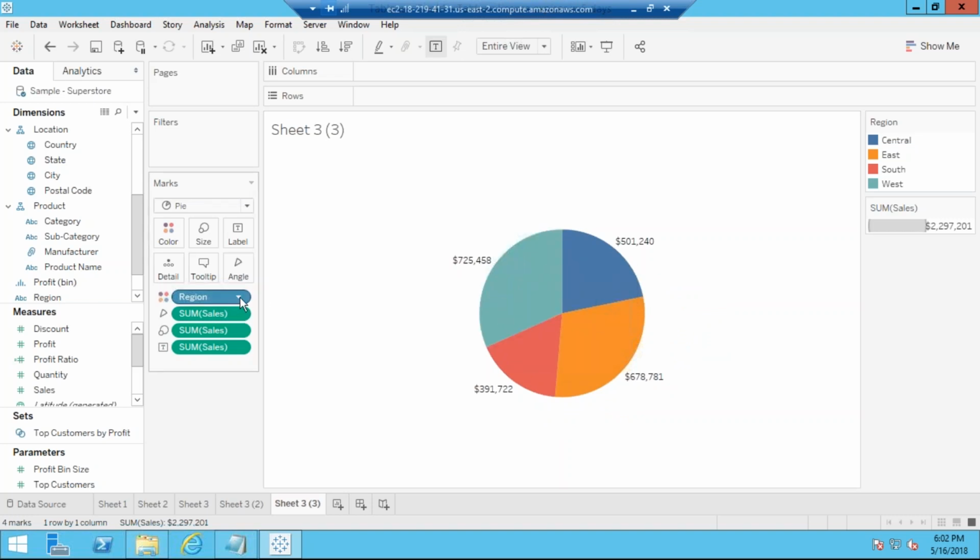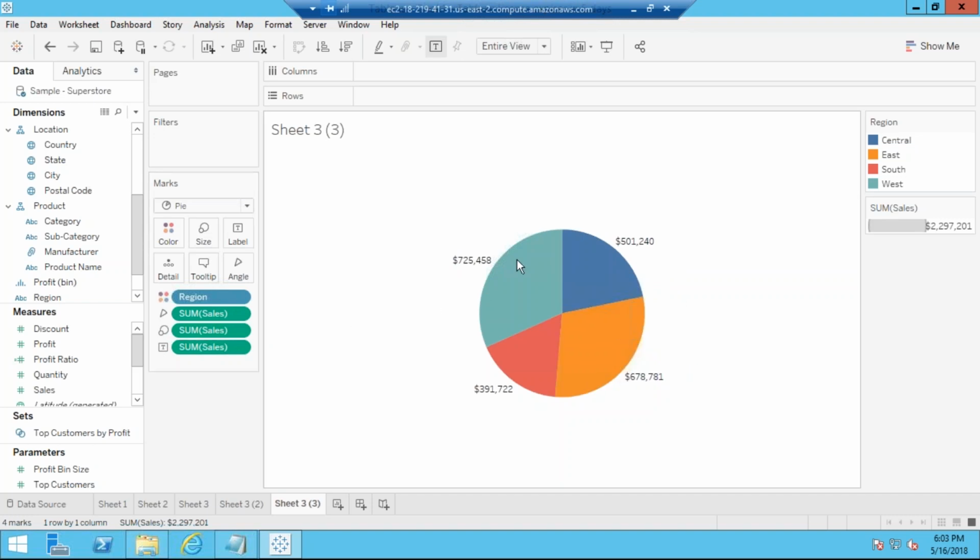I have region here. Let's suppose I have category, or let's say states. I will have 49 sections. I will get a pie chart with 49 sections. The size of each section will be based on sales, whatever I have taken here. It can be sales, it can be profit or anything. So this way it defines here. Then what is this? This is the size of this. So size again based on sales here.